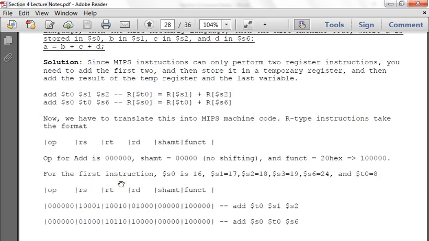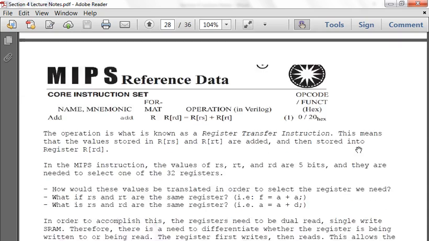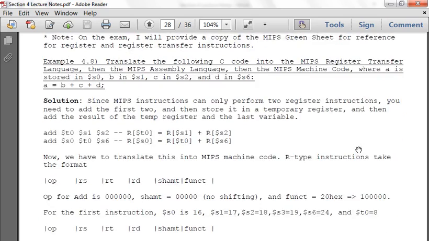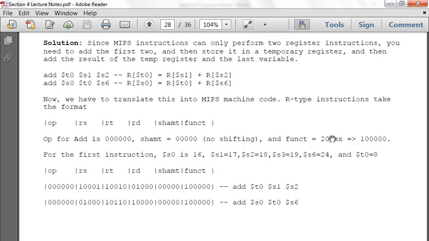If you look at the MIPS green sheet, if you recall from earlier, the opcode is 0, meaning it's 6 zeros, right? And the function is 20 hex. That means it's 1 0 and then 4 zeros, because it's also going to be 6 bits. And the shift amount is going to be 0 because we don't shift, right? And so here I have function equals 20 hex. So the first instruction